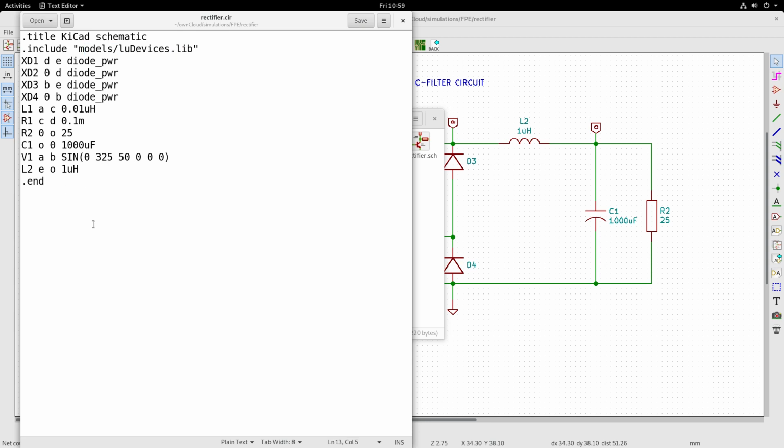So before simulating, we can type it here also, between the dot control statement and dot end.